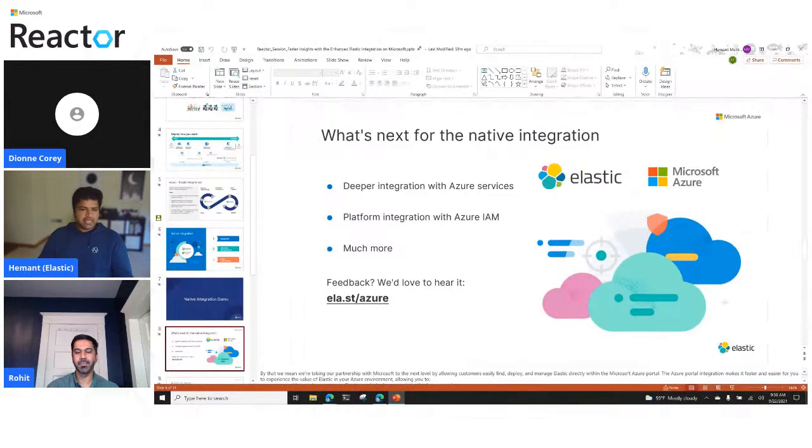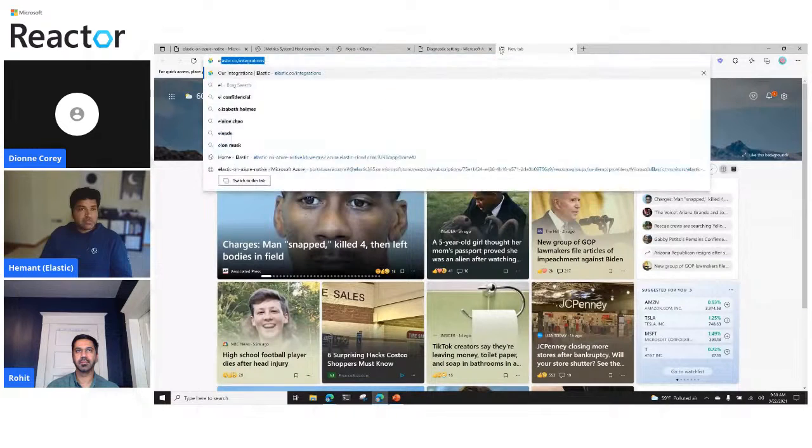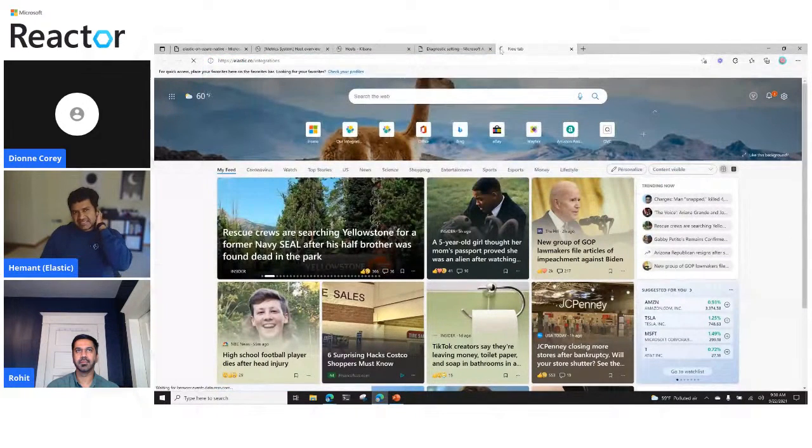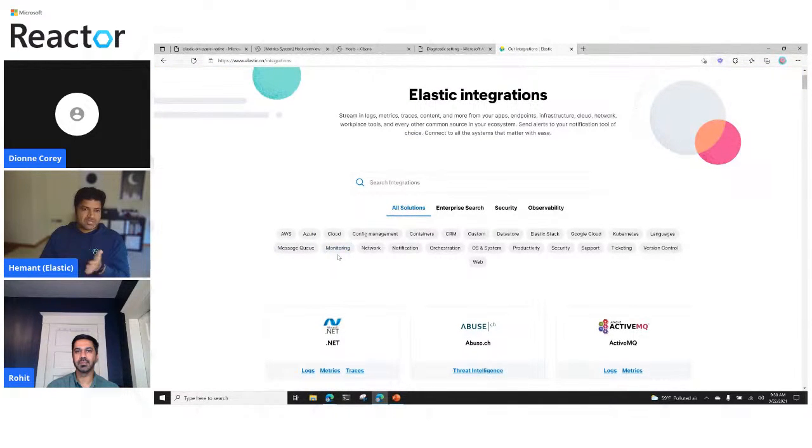Yeah. And I can also quickly share that there is also this place, elastic.co/integrations. This is another quick and easy way for users to understand, depending on their data source of interest, what it would take to get the data into Elastic. Keep in mind, native integration is trying to solve a lot of that, so you don't have to do this.